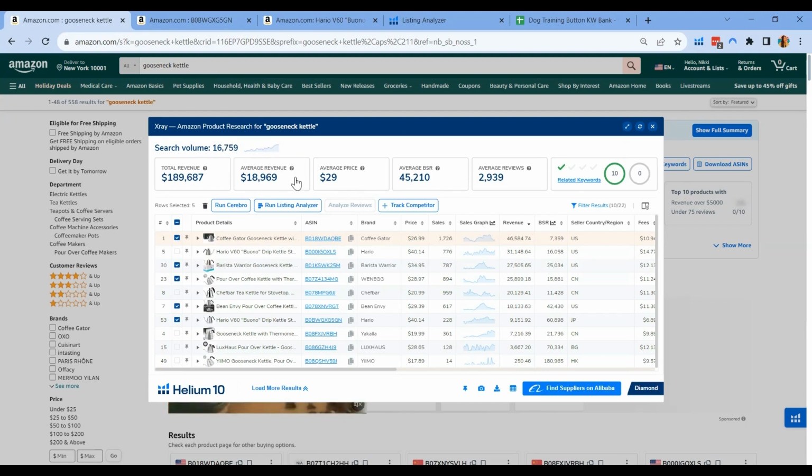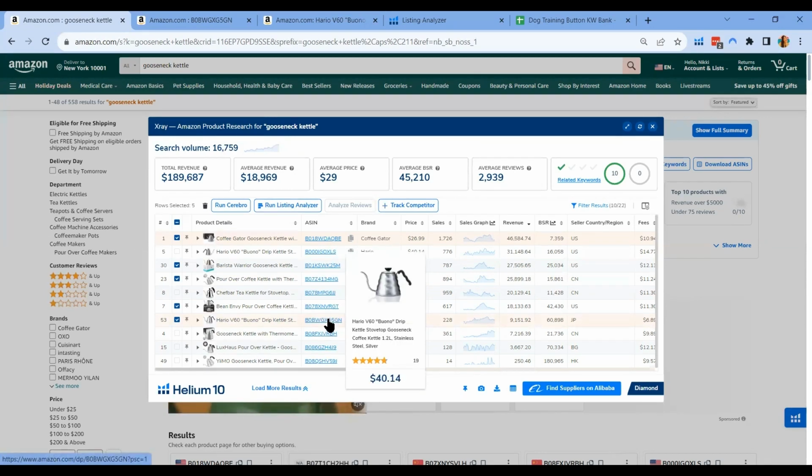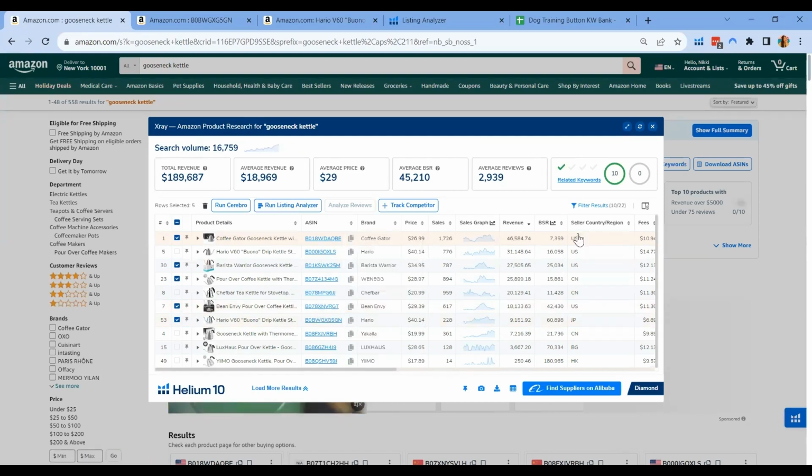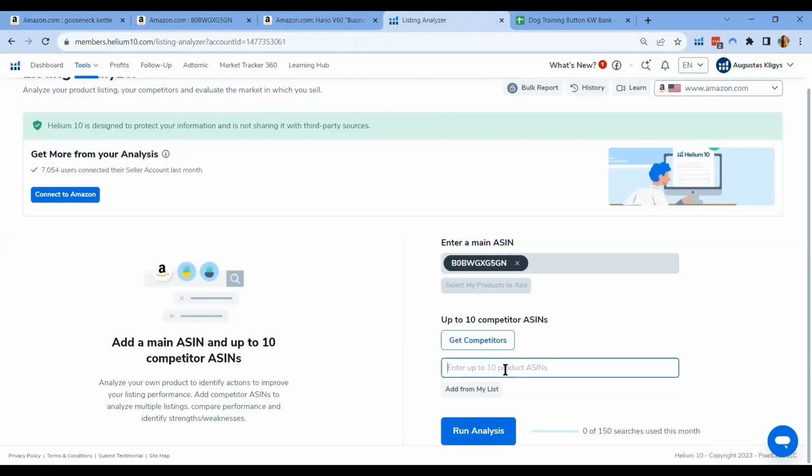I already filtered the results that I want to see some organic rankings here and revenue, not from sponsored ads. And so I filtered my revenue from highest to lowest, and here is my ASIN, this one. And what I did is I selected my 4 other top competitors here that are earning this much of revenue.